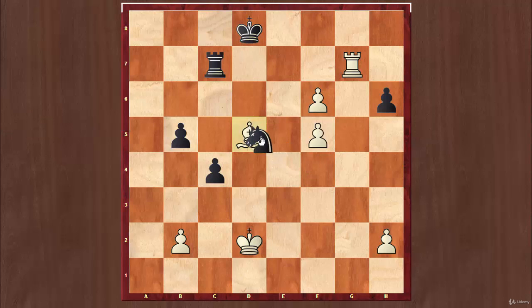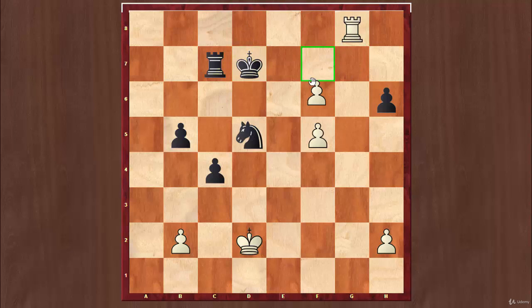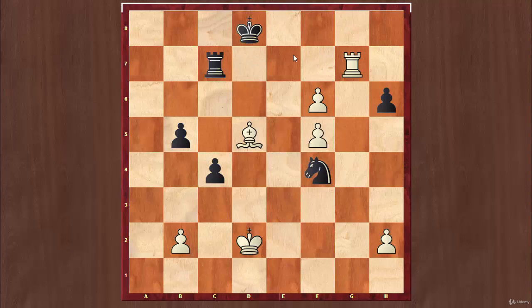If, for example, knight d5 here, then rook g8, and after king goes to d7, just f7, and the pawn will be promoted on the next move. That's why in this position rook d7. However, it doesn't help. Rook takes rook, king takes rook,